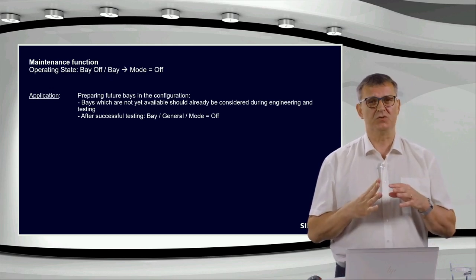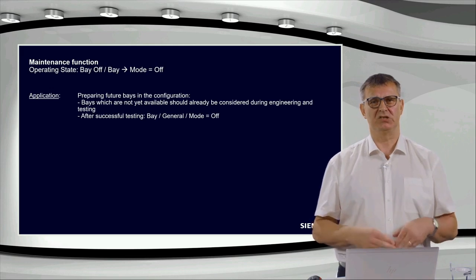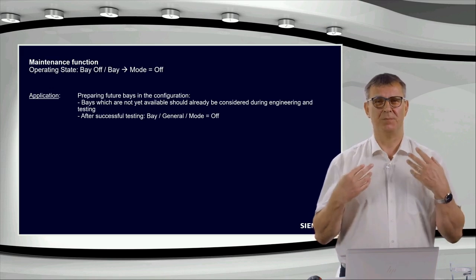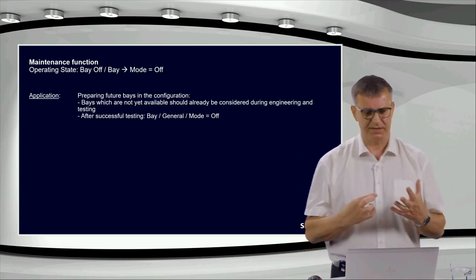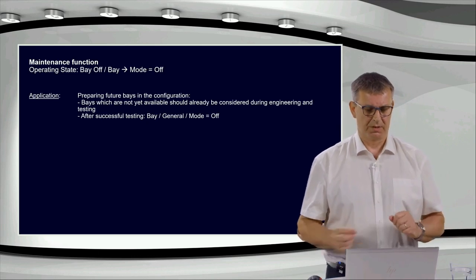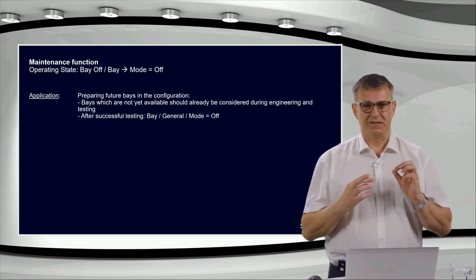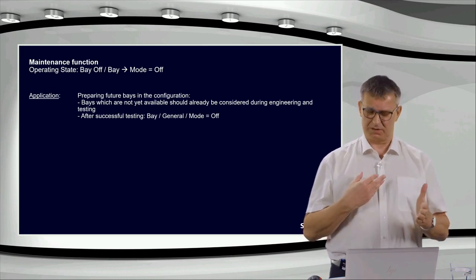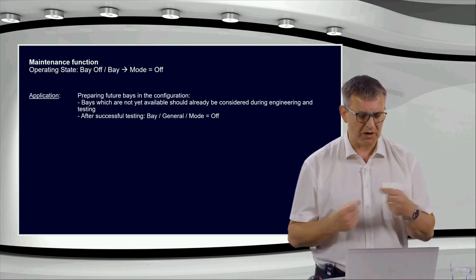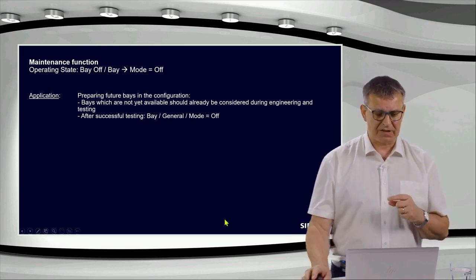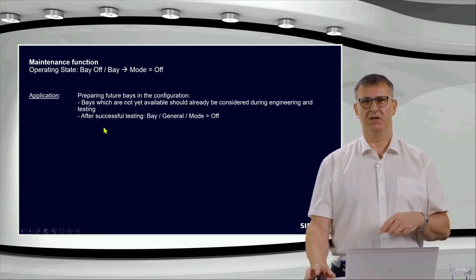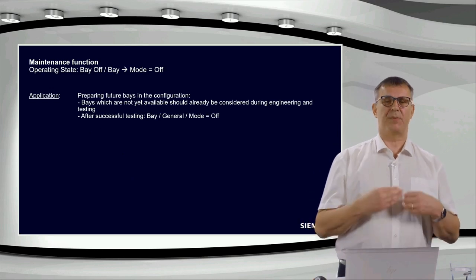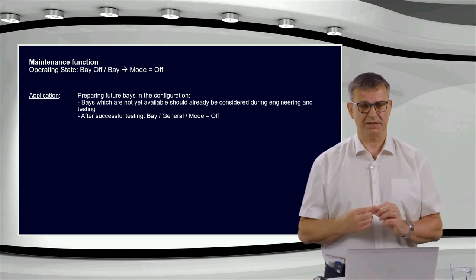But you want to finalize completely the check of the configuration. You want to make a factory acceptance test completely already with 12 bays. So you will do this, but the bays are not available yet. So you will complete your testing, including the 12 feeder bays. And after the successful testing of the full configuration with 12 bays, you will set the bays which are not available yet to